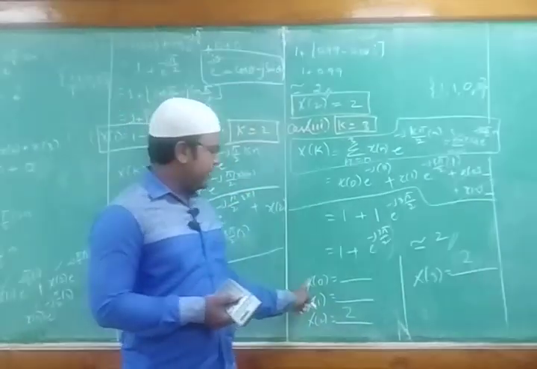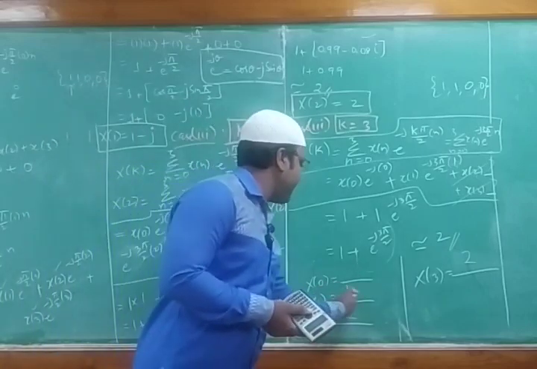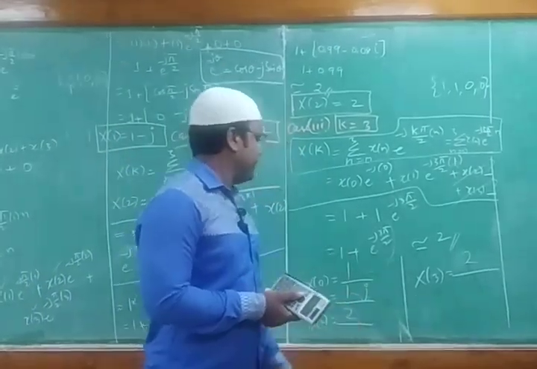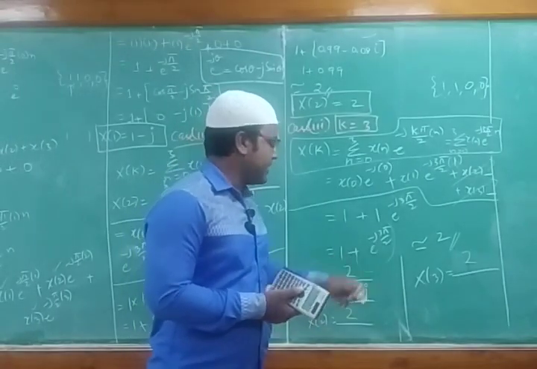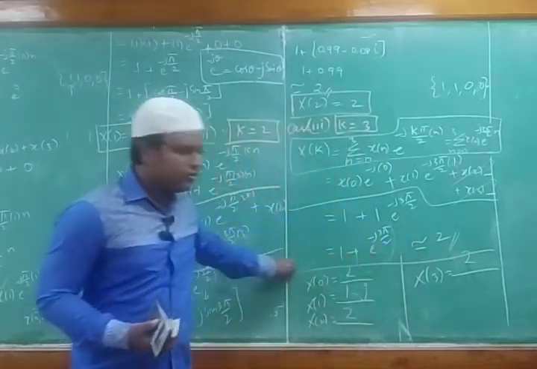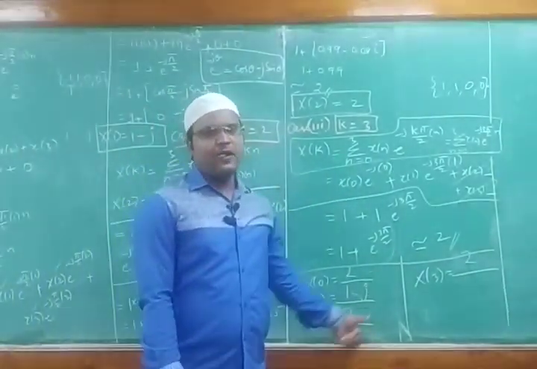So now what is x of 1 and x of 0? We found already x of 1 is 1 minus j. X of 0, what is x of 0 we found? It's 1, it's 2. In the previous cases we found. So these are your complete solution of your DFT. So based upon this, we found it DFT.